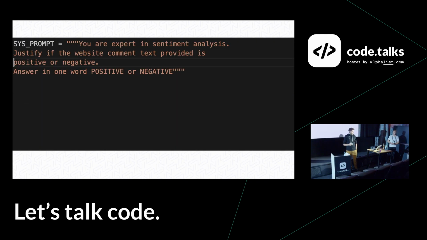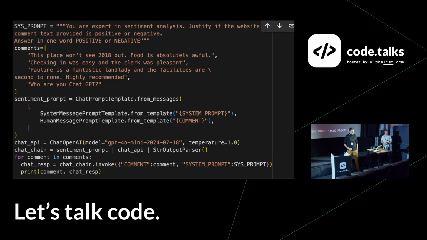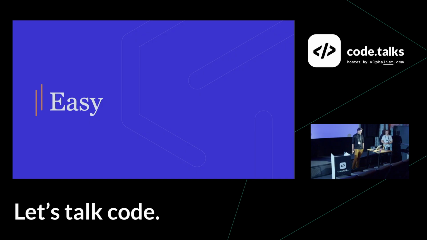We create a prompt. We create a LangChain object which gets the prompt and processes that, and that's it. That fits in the slide, and that's the main message. We will be going through such code later on in a bit more detail. So it is easy,